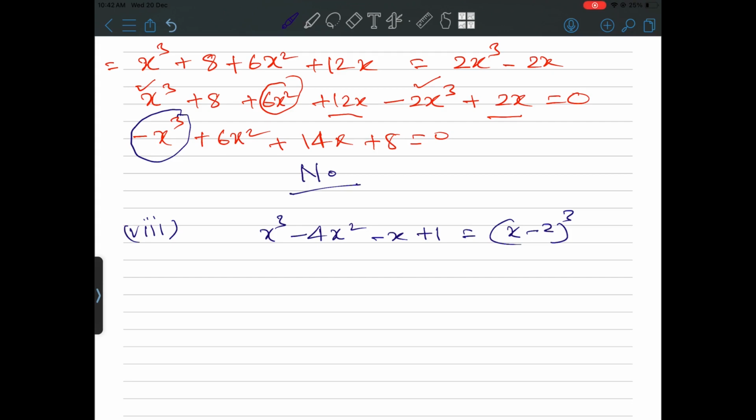But now we have this a minus b whole cube. So as we know, or if you don't know, please remember this. a minus b whole cube is a cube